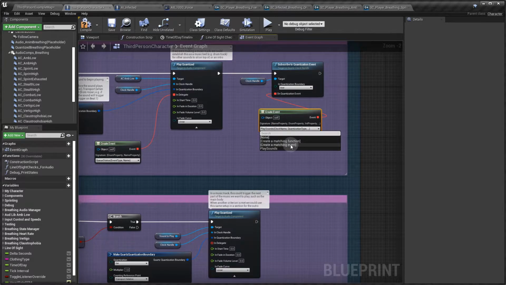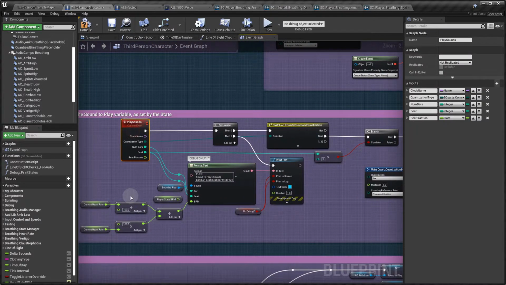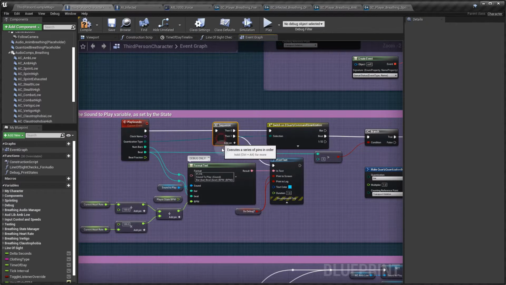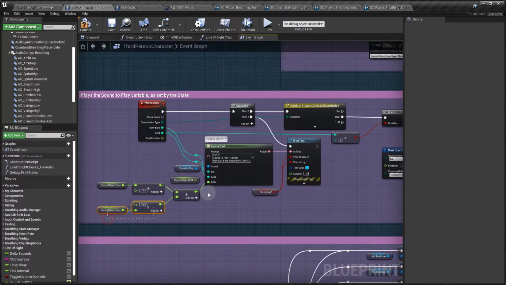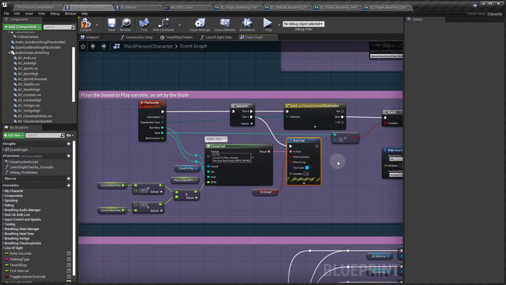Click that drop down and create a matching event. It'll ping you all the way across the blueprint, bring it back to where you want it, and you'll have this. From the execution output, we'll add a sequence node because we'll run through this debug. So from the second output of the sequence node, we add the print text node, and into that we want